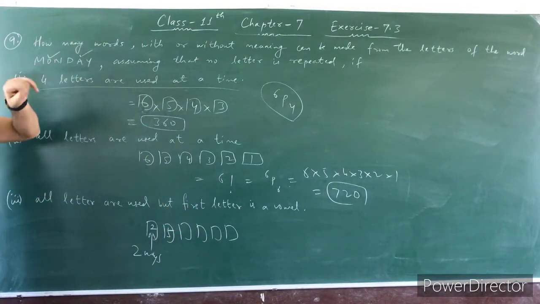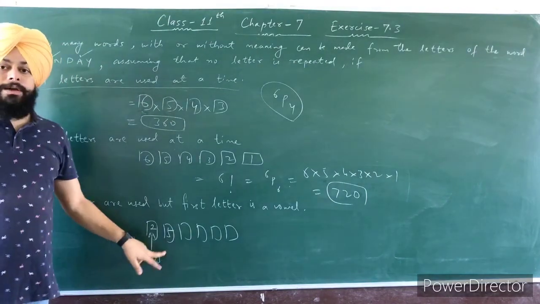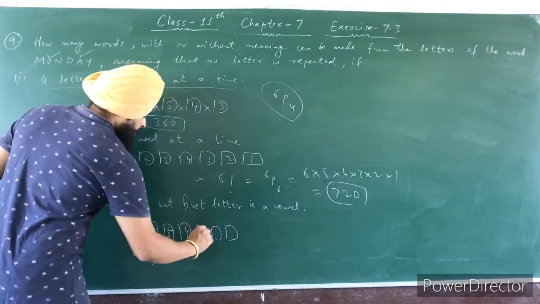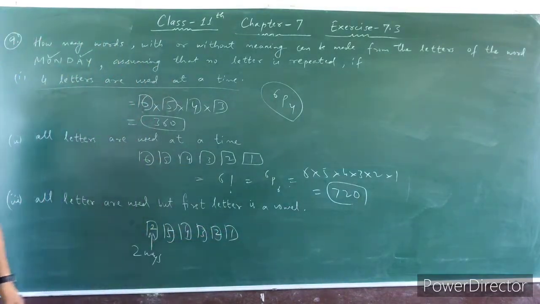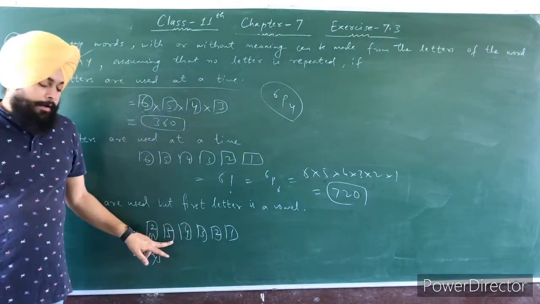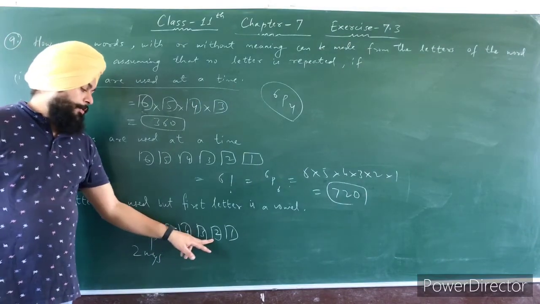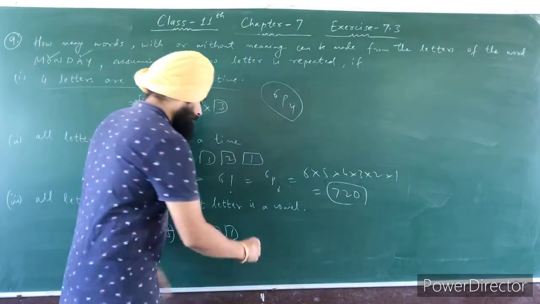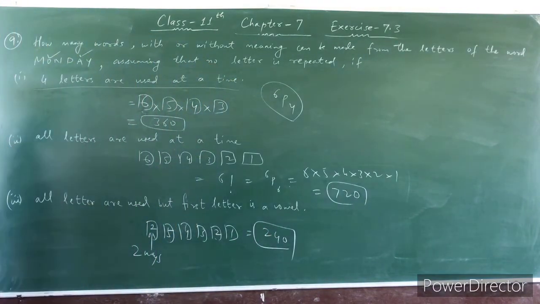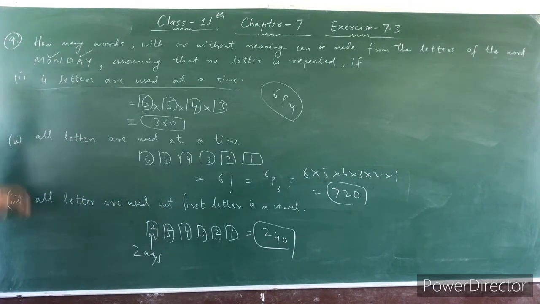Subtract one from them. How many chances are left? 5. So in the second box there are only 5 chances. Next again, decrease by one: 4, 3, 2, 1. Now by the multiplication fact, multiply this: 5 2s are 10, 10 4s are 40, 4 3s are 120, 120 2s are 240, into 1 again the same 240. So there are 240 words in which the first letter is a vowel. So this is your question number 9.